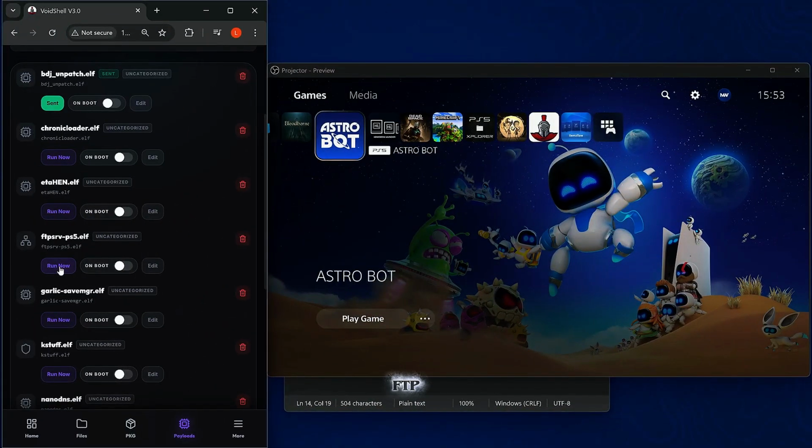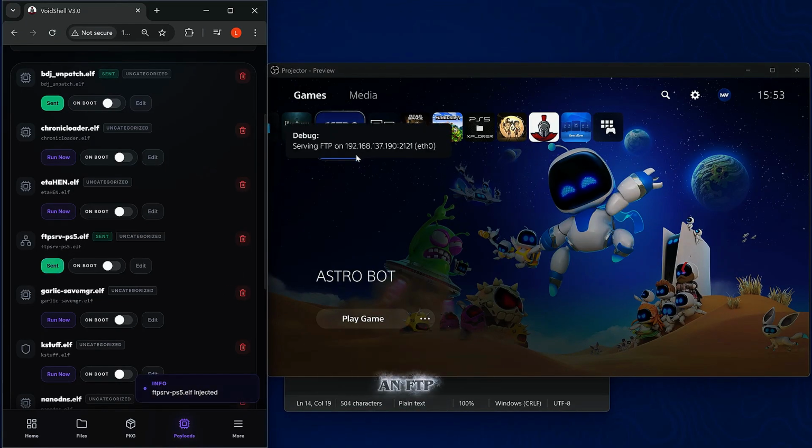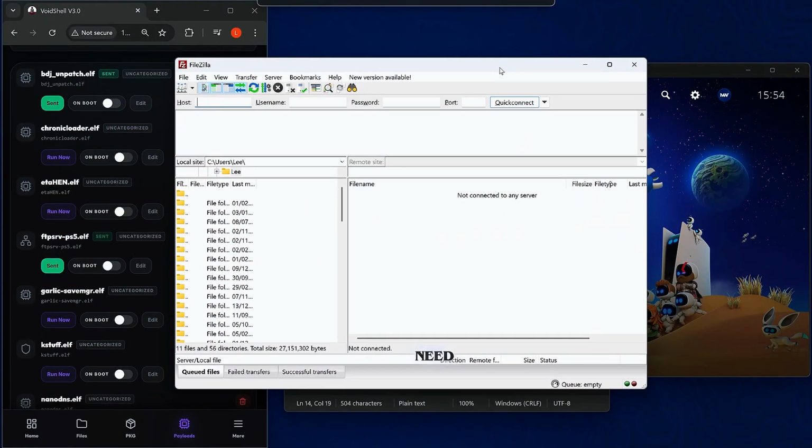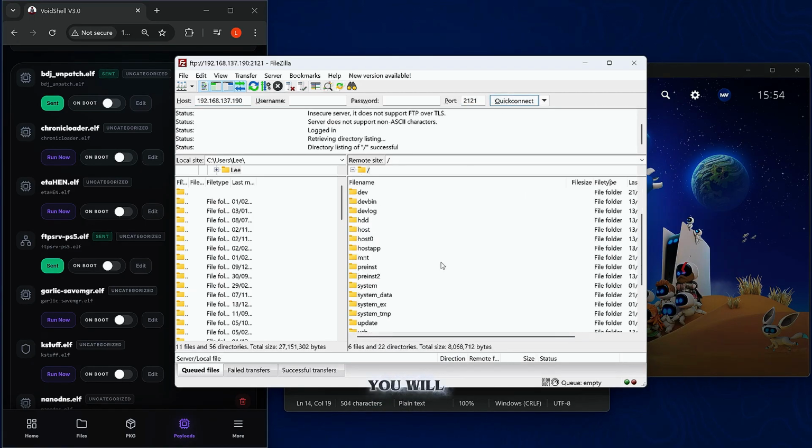So next we have the FTP server payloads. This one is pretty self-explanatory. You can run this payload on your console and it will run an FTP server on the PS5 on port 2121. Then all you need to do is simply open up an FTP client like WinSCP or FileZilla, enter the IP address of your PS5 in the host box, port number 2121, connect, and you will now have access to